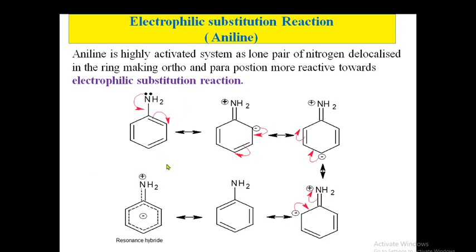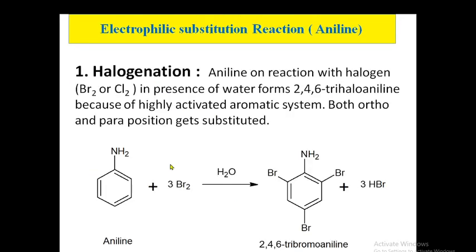Okay. Now let's see the first reaction of aniline. It's a halogenation reaction. So aniline on reaction with a halogen like bromine or chlorine in presence of water forms 2,4,6-trihaloaniline because of the highly activated aromatic system. So the product formed is